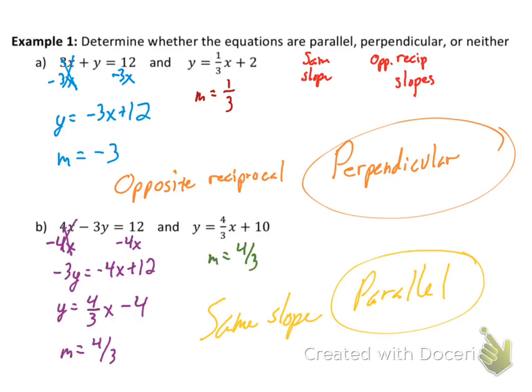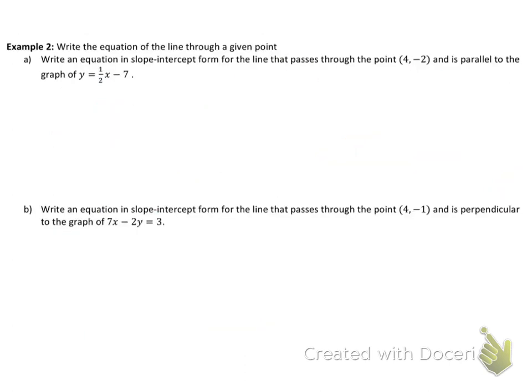Alrighty, so you want to make sure, like in B, that the first equation is in slope-intercept form first, and then you look at the slopes. We will also use that idea to write new equations that are either parallel or perpendicular to a given graph. For example, we want to write an equation in slope-intercept form for the line